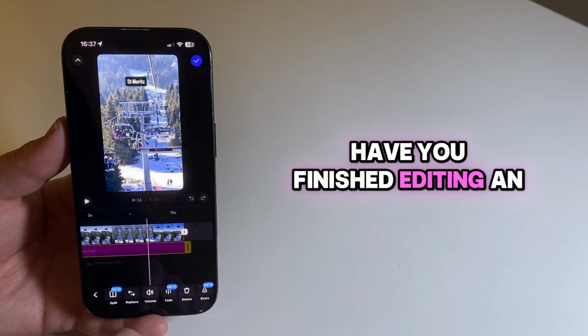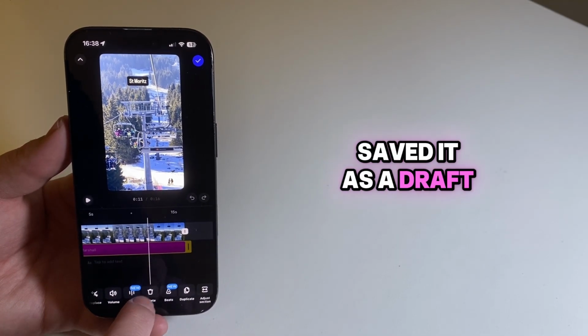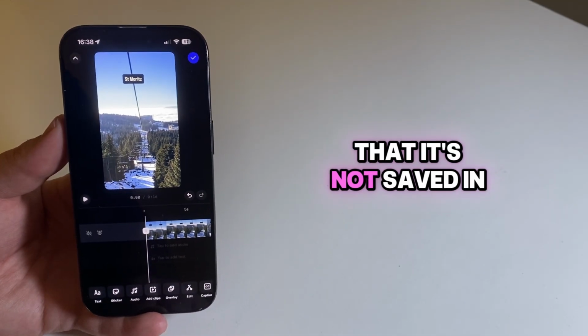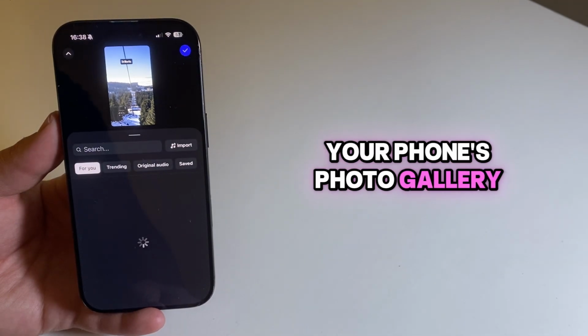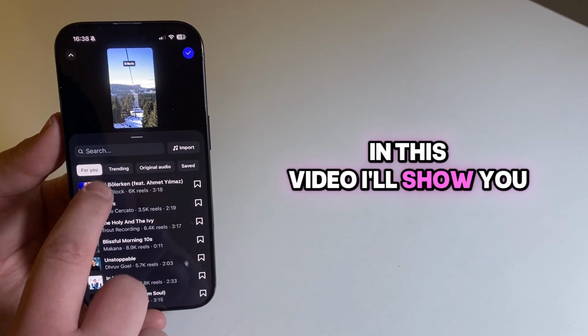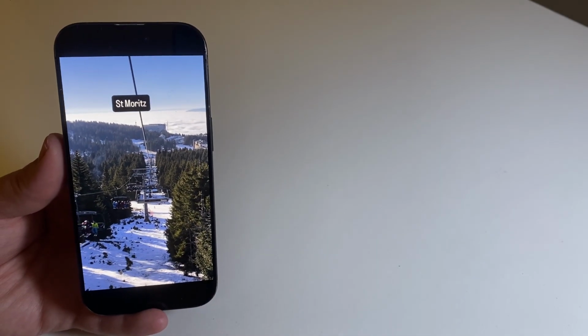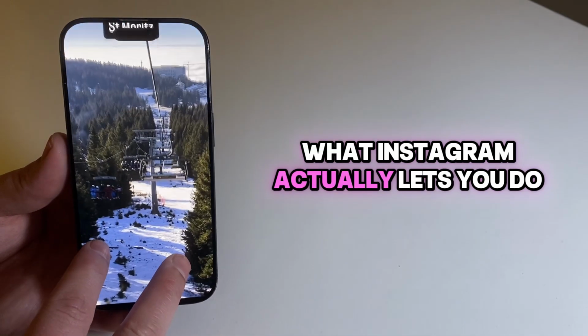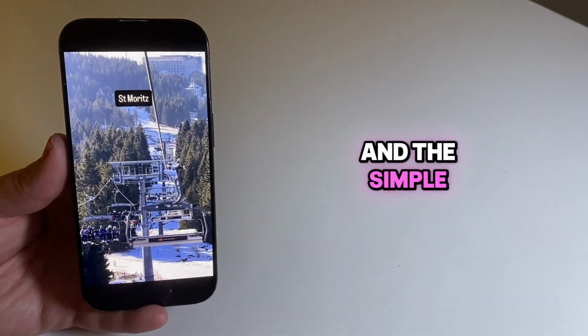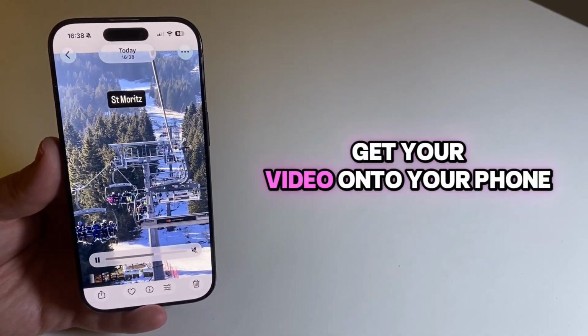Have you finished editing an Instagram reel, saved it as a draft, but you then realize that it's not saved in your phone's photo gallery? In this video, I'll show you the steps how to save Instagram draft reels to your gallery, including what Instagram actually lets you do with drafts, and the simple method you can use to get your video onto your phone